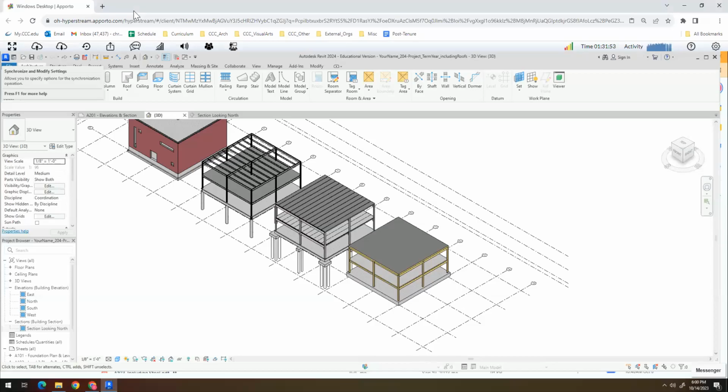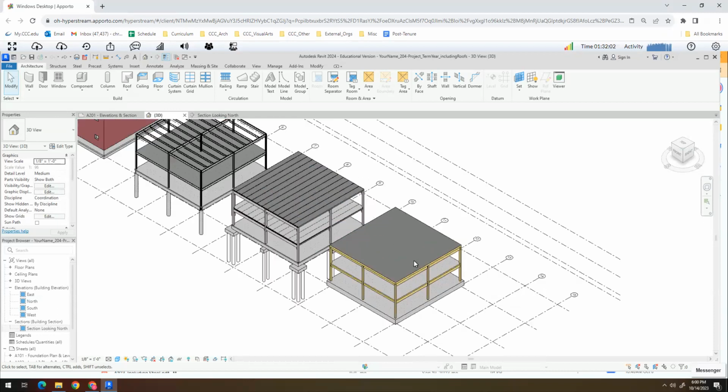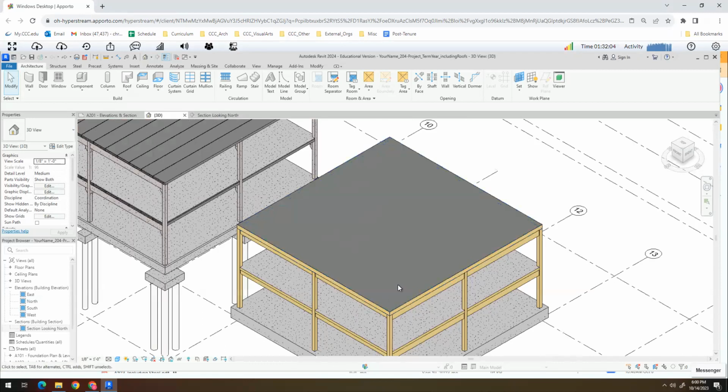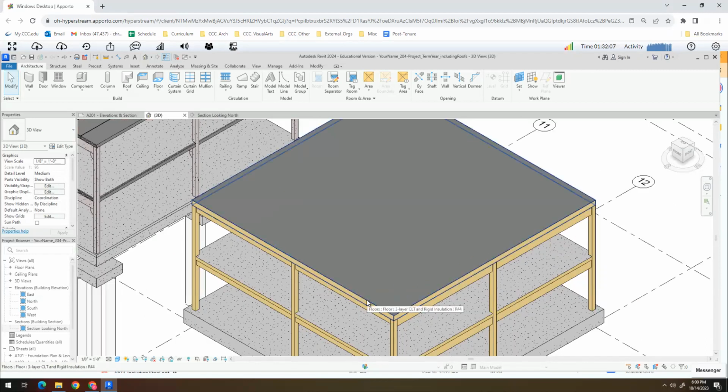Okay, I'm in the Revit file. We've got the 4 structures built. This video is going to focus on adding roof assemblies to these structures. Before we get into that, we're going to make a change to the assembly we have for the mass timber